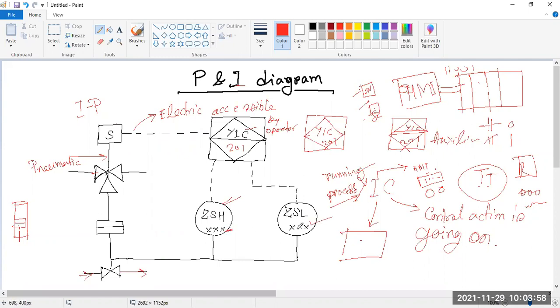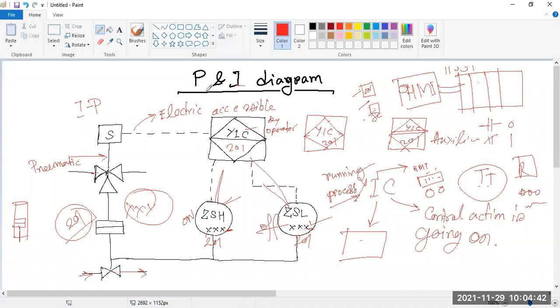Look, here there is no numbering, but if you put 201 here, then you also have to put 201 there, because this is related to this only. That's why this process is indicated by this 201 number, or xxxx, whatever it may be. So this is the high, and this is the low, meaning this is on, and this is indicating off. So this is giving the indicator and sensing also. Okay, and this process valve is operated by this total control system.